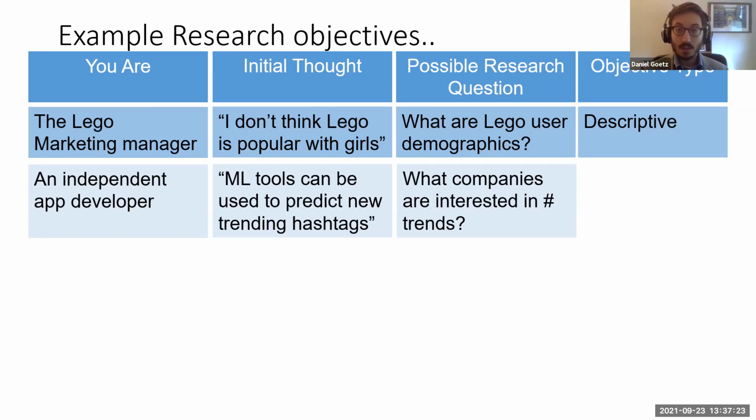You know, a lot of reasons, right? If they can get on a popular hashtag, that creates more visibility for their posts, that creates more visibility for their brand, right? So what kind of companies should I be trying to sell to? That's a question where it could help me direct my marketing effort once I have the app. And that would be a descriptive, right? I'm describing who is my target market once again, right? Who wants to buy it?